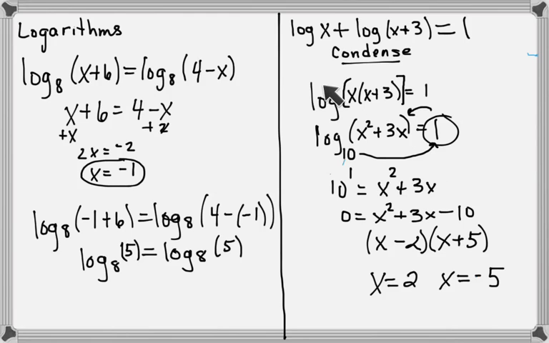For example, look up here on the screen. If I plug in -5 right here, it's log of -5. That is not allowed. If you plug the number in and it's negative, it tells you that it's not a valid answer, so you'd mark it off. Do you have a calculator? Type it in. Log of -5. See what happens. It's impossible, you can't work